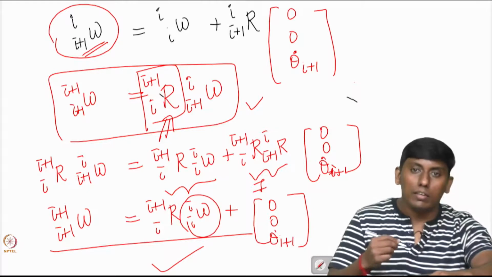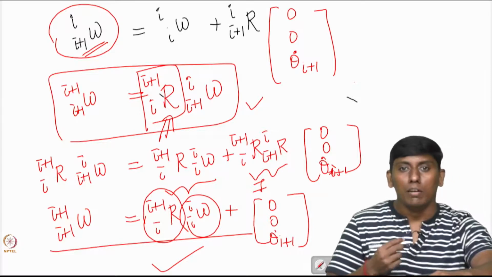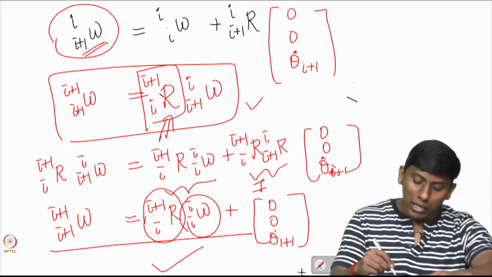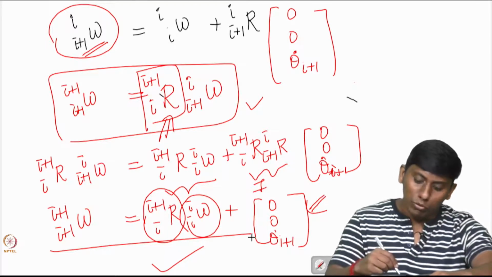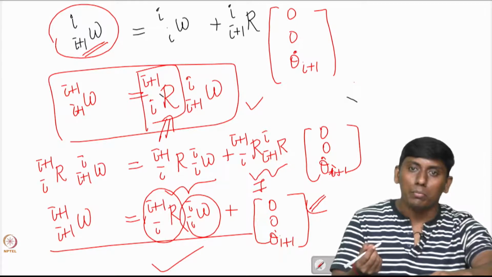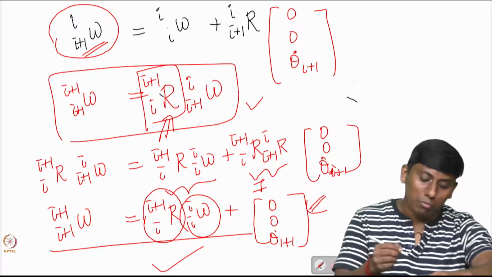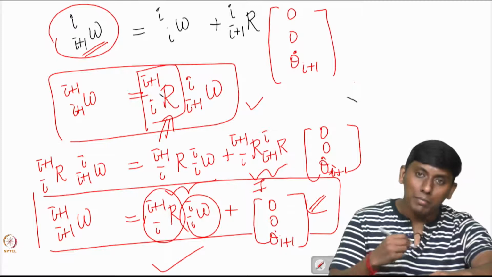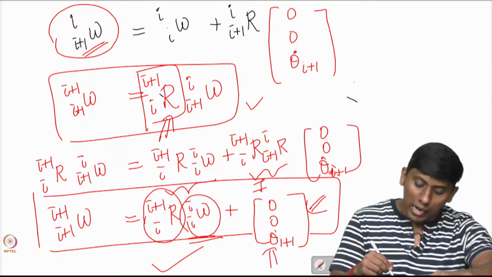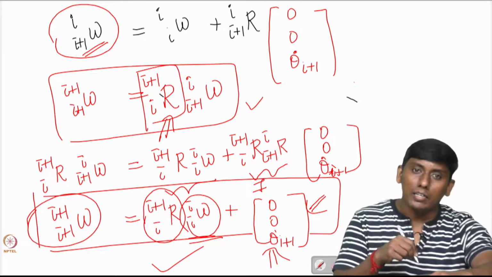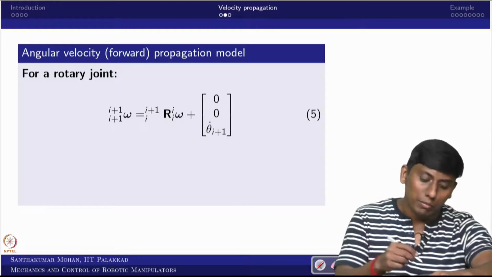Once you know the base angular velocity, you know the rotational information, because you must have the forward kinematic model available with you, and your motor speed would be available if we consider a rotary joint. If it is a prismatic joint, this would be 0, right. So there would not be any active angular velocity there. So then this would be modified. That is what this particular equation is giving. So you can see that if you know the previous frame angular velocity and the current active velocity, then you can find the current angular velocity vector. Okay. So that is what we call the angular velocity propagation model.